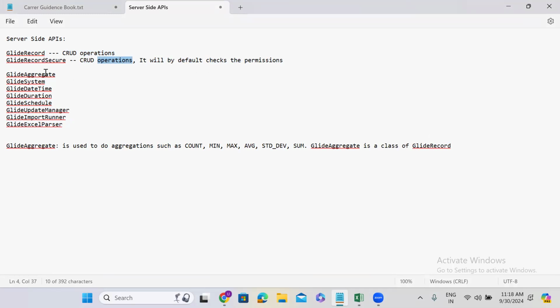So in today's session, we are going to discuss Glide Aggregate. Glide Aggregate is used to do aggregations such as count, minimum, maximum, average, standard deviation, and sum. Glide Aggregate is a class of Glide Record. So guys, remember,